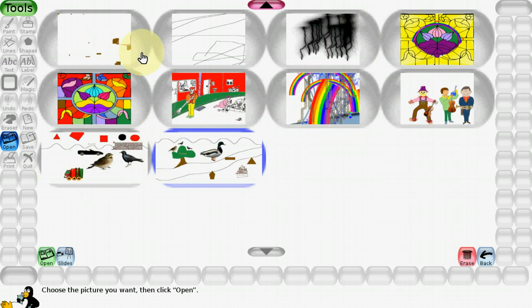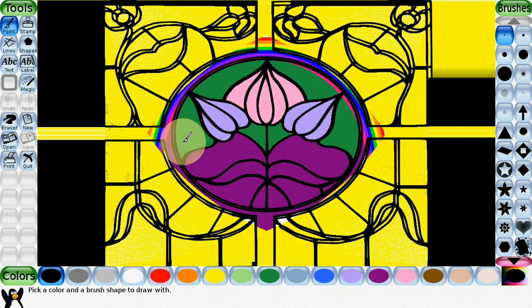These pictures were made by students or by someone else. You can pick any one from these and work on it. After that, the save option is there. It is disabled right now. When you make any changes, this save option will become available. Suppose I am just drawing this object. Now see, save is available. If you want to save your changes, you can use this save button. Then the print option is there, and the quit tool is there. These tools are used to print and quit TuxPaint.